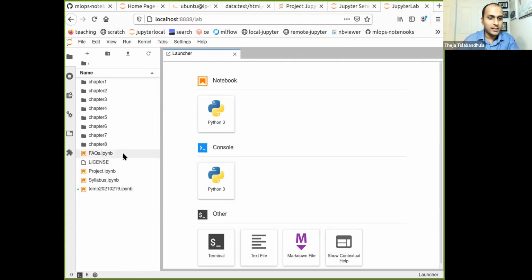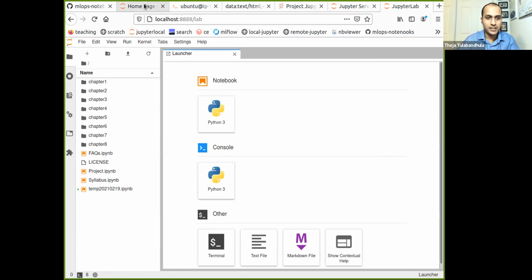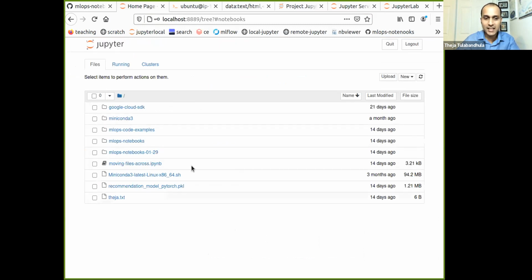Okay. And the setting of the password is exactly the same as the way you would do it for the Jupyter setup that we did in the first session. So let me not worry about why it didn't work now. But the interface would just look like this, which basically is the JupyterLab interface, and the Jupyter Notebook vanilla interface looks like this, a bunch of files and you can open them.